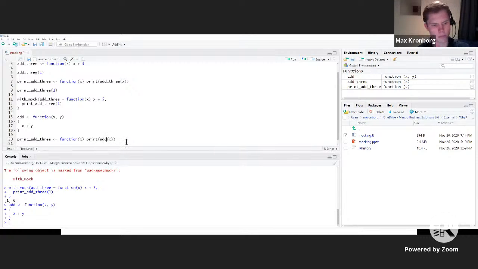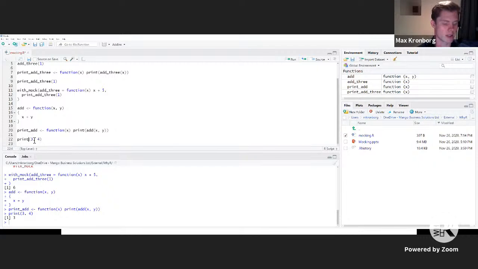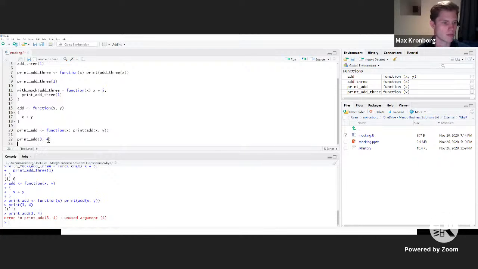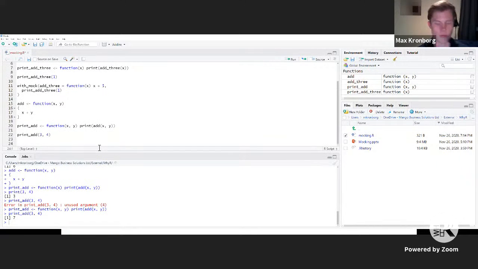It's gonna be print_add_xy. And we're just gonna rename our new function as well. So we've now got another function, which is very predictable again. Like this. Just need that. So we can mock out multiple arguments, essentially is what this is going to demonstrate.